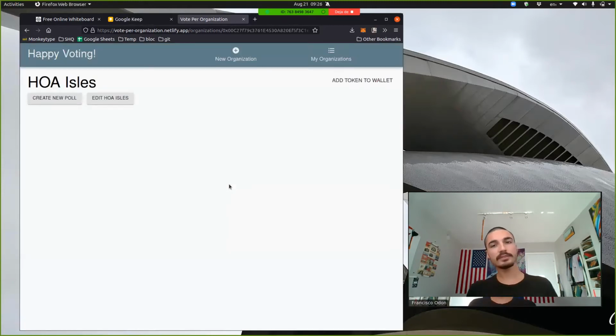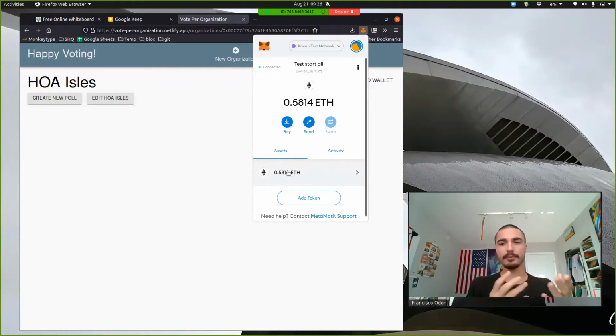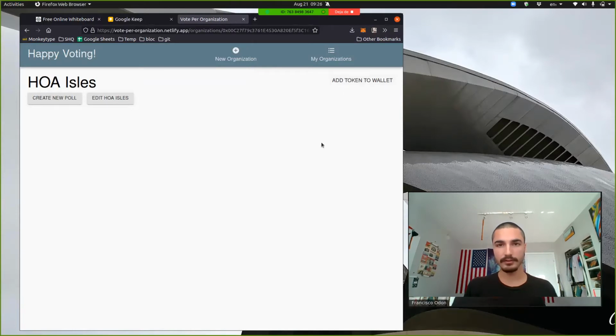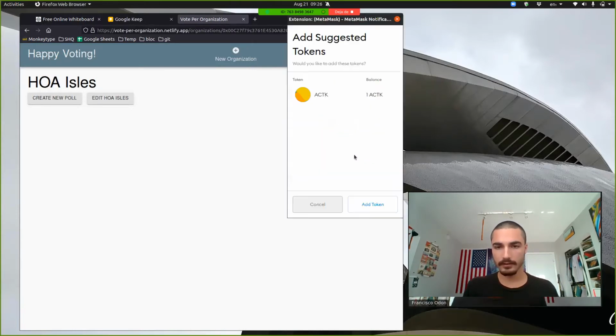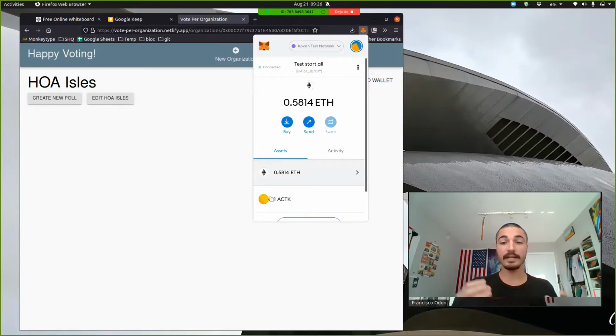Awesome. So now I have my organization here, and we'll start with really simple things. So if we go to my accounts, obviously I have my Ether, but I can't really see that I have an access token. So I can actually add that token to wallet here. And then I'm gonna add that here. Cool. And now if we go back, we can see that I now have one access token,